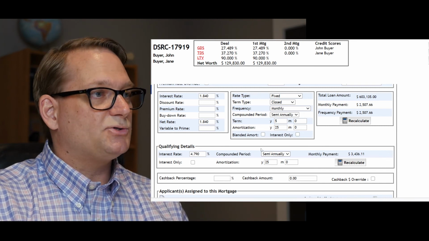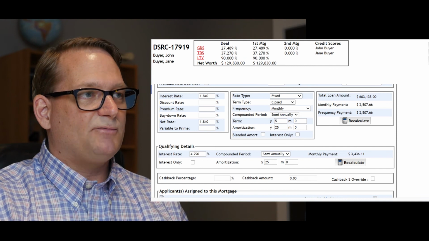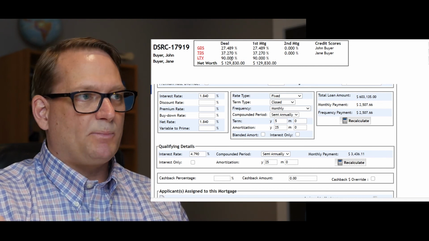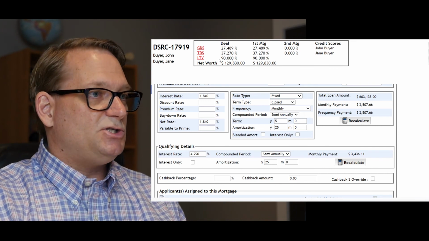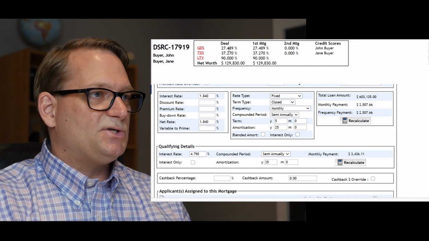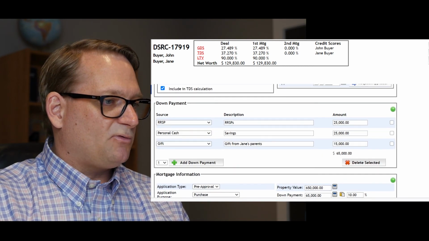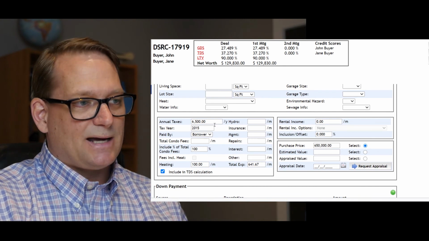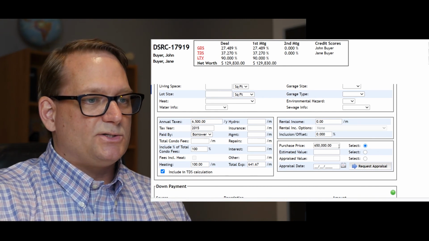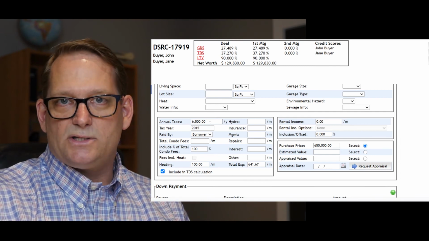So at the qualifying interest rate, if you look up here at their TDS and GDS, these numbers here, I have to have them at the very maximum 44% for the TDS, but 40 is where we typically like to shoot for. And then the GDS, we have to be under 39, just to make sure that the numbers fit that way. And then this is a pre-approval application, so I have to make sure that I've got the taxes plugged in, estimated taxes on a house in Saskatoon. I just use, $650,000 would be $6,500 for property taxes.